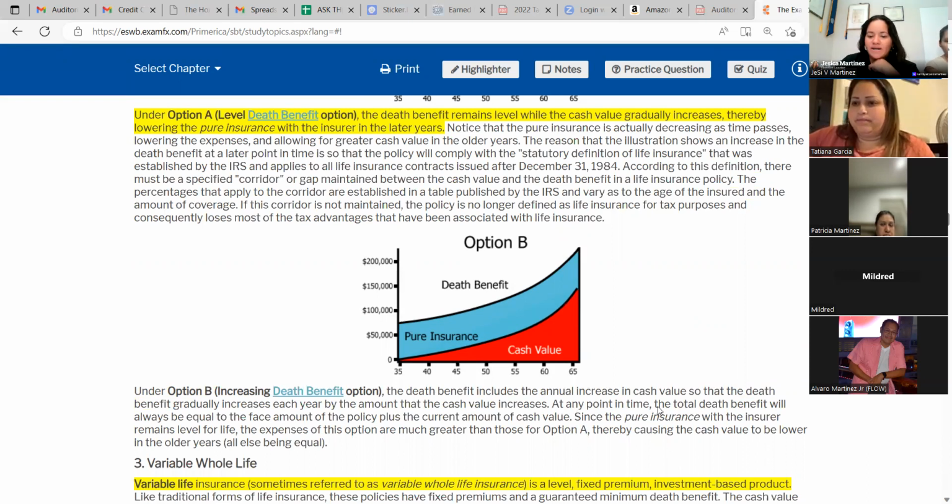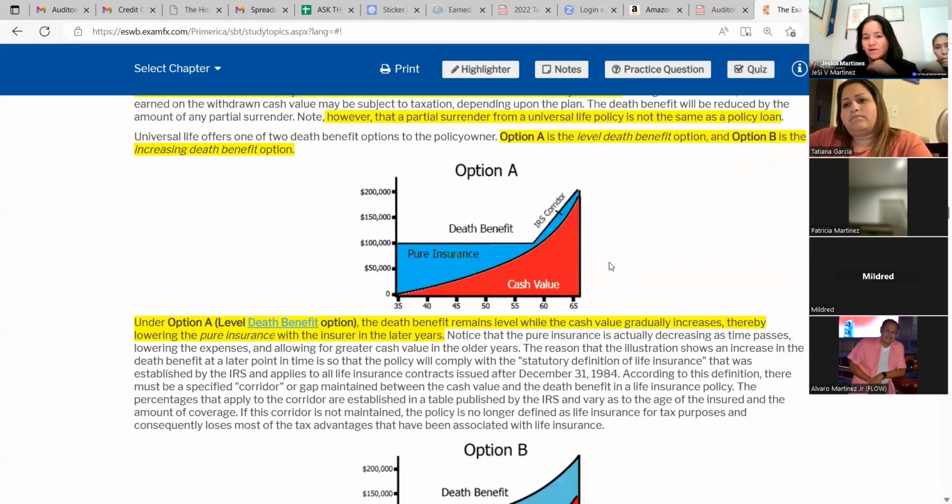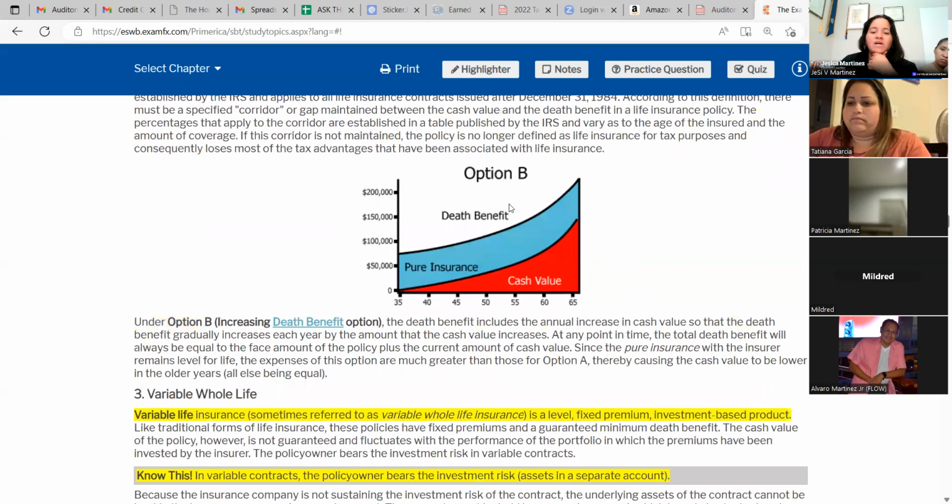So it says, look at this, at any point in time, the total death benefit will always be equal to the face amount of the policy plus the current amount of cash value. Since the pure insurance with the insurer remains level for life, the expenses of this option are much greater than those for option A, thereby causing the cash value to be lower in the older years, because all those expenses get paid out of that cash value. So you see how the cash value over here kind of remains lower than the death benefit. They're increasing at the same time, but it remains way lower than the other one. And this one kind of goes up there. It's almost the same in there. So option B is also more